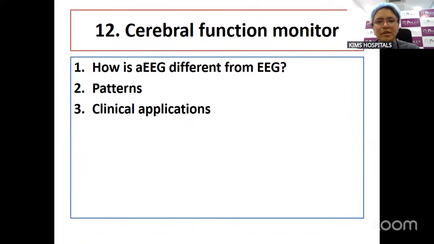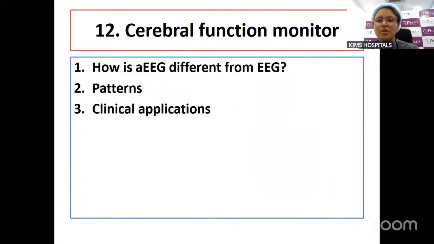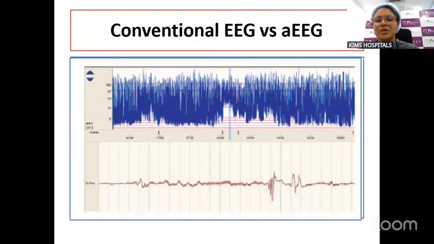Before we close, some of the newer equipment that we have: AEG or cerebral function monitoring, which is also called CFM. AEG, or amplitude integrated EEG, is different from conventional electroencephalogram by means of using biparietal leads, two leads in addition to the vertex and grounding lead, for the measurement of the electrical activity of the baby's brain. There are various patterns that we use in AEG, which include